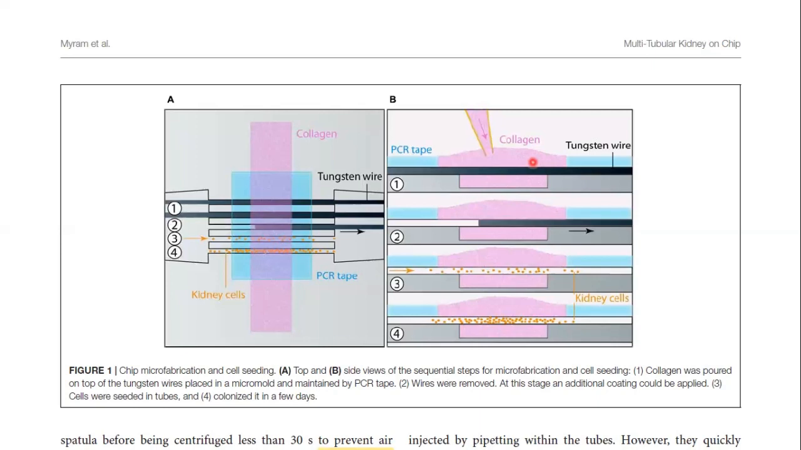This last step is crucial to shape the empty tubes, which will be observed here, where the kidney cells are going to be cultured. This polymerized collagen never stayed dry. This is very important. After collagen 1 polymerization, wires were gently removed through the connectors, which is observed here in this step,